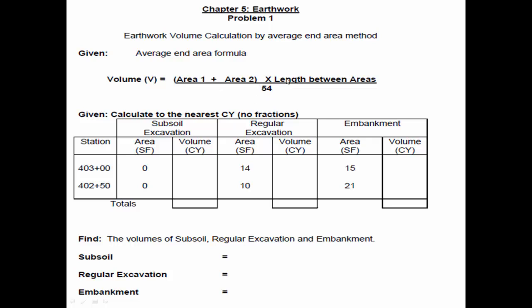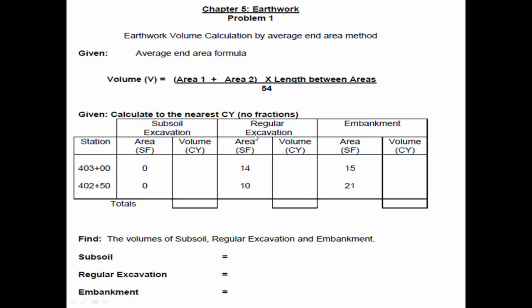So we've got everything we need up top, and then we simply go down here to our stations. We have a very simple 403 to 402.50, so we only have 50 foot in length, which is up here. For length, area, and volume, we have 0 and 0. So we know this is going to be 0 because we have 0 end areas. And then we have a 14 and a 10, 24, so the average end area is the 24 times the length, which is going to be the 54,